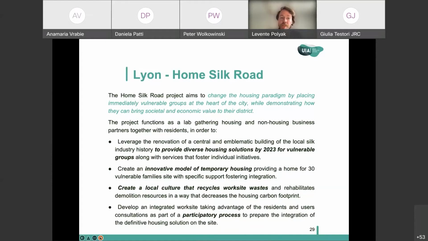And this is a project that brings together actually a lot of different actors and a lot of different sectors and aspects. So it is organized around an amazing silk industry heritage building in the city of Villeurbanne, which is the eastern neighboring town of Lyon, that was designed to host